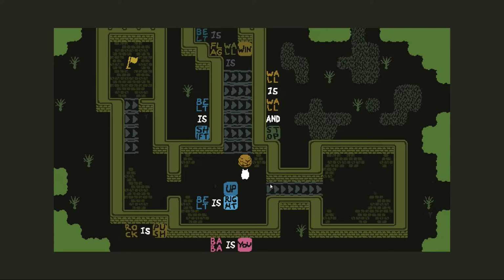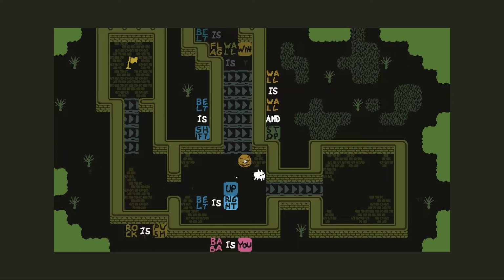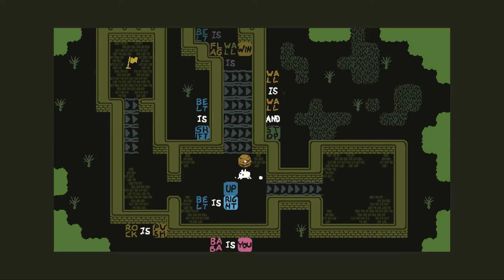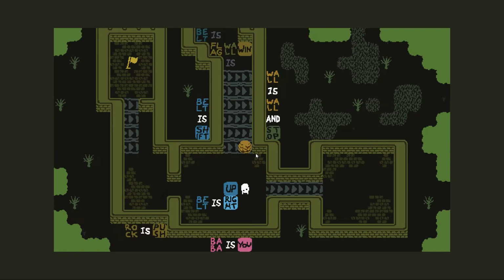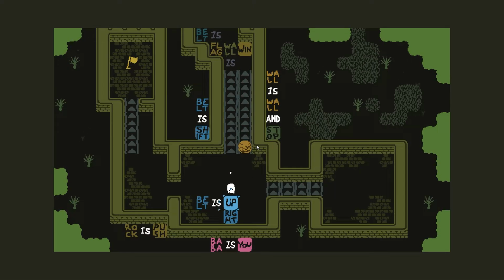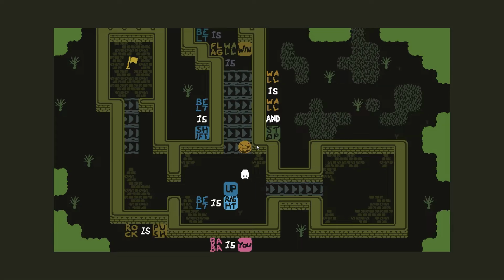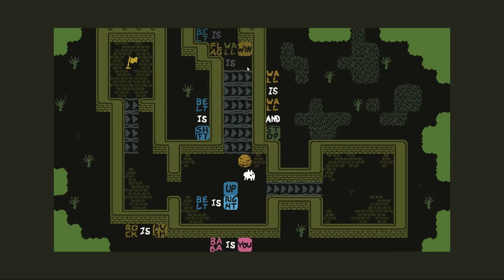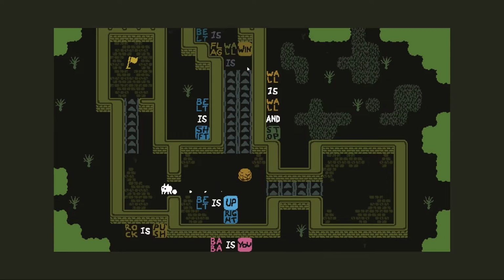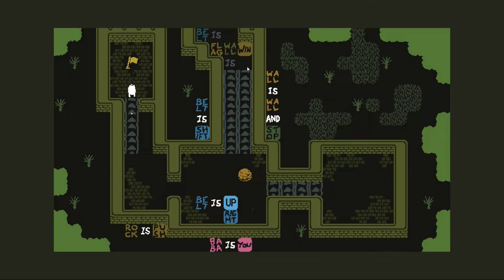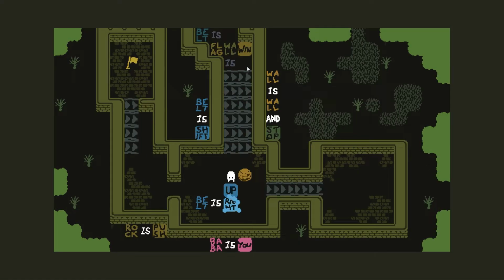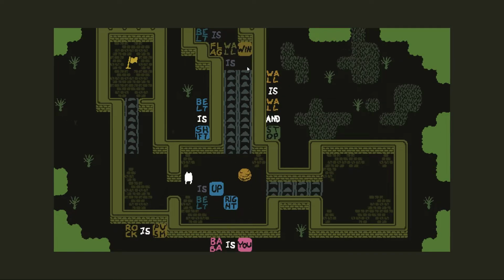So it's gonna push this belt on. It's gonna push this rock onto the right side here, and that's not really that good, because then if I say belt is up, it's just gonna send the rock up there, but I really didn't want it to do that. I wanted it to push wall is up instead. So belt does need to be up for me to get into this flag area in time. So what do I want to do? Well,